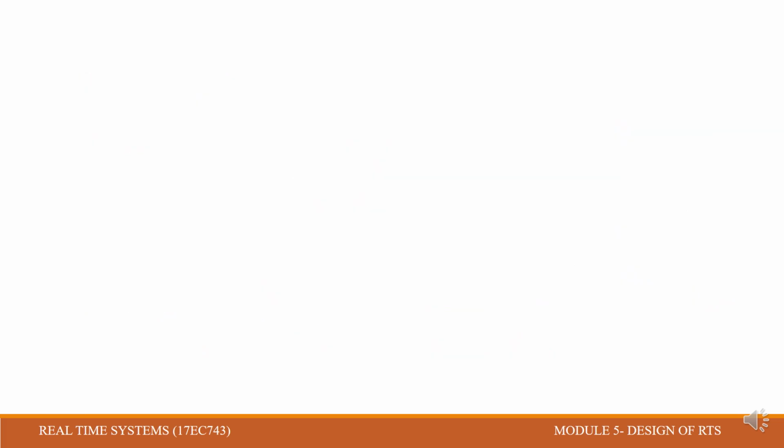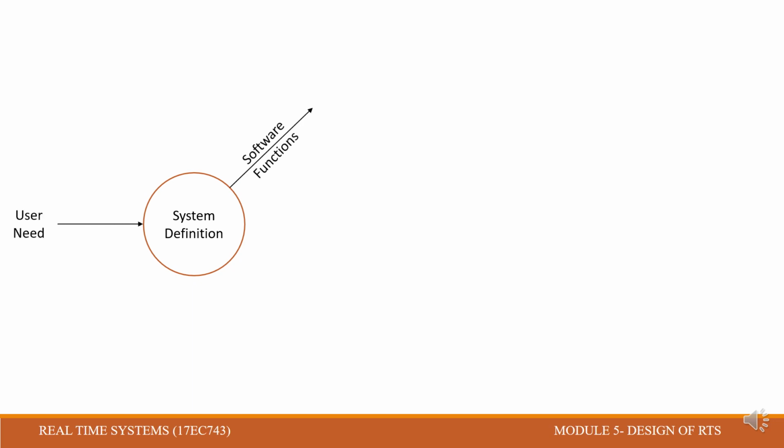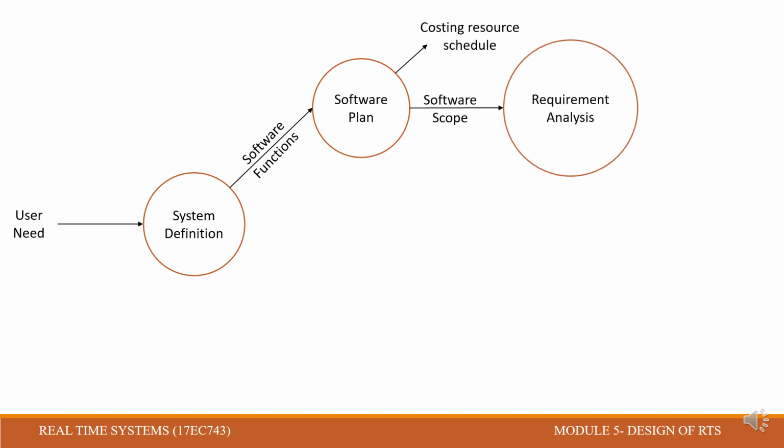For the planning phase, a general block diagram is shown in the slide. Based upon the user requirements, the system definition has to be taken care of. Once we have the system definition, we have two things. The first is the software plan. Initially we will have many software functionalities. You need to plan which software to use and what its cost is, and take only those modules from the software functions that are required for your design of any system.